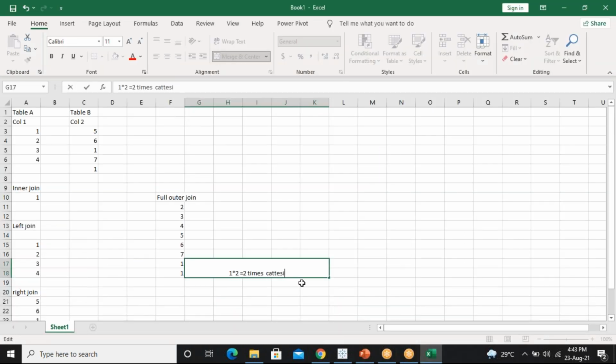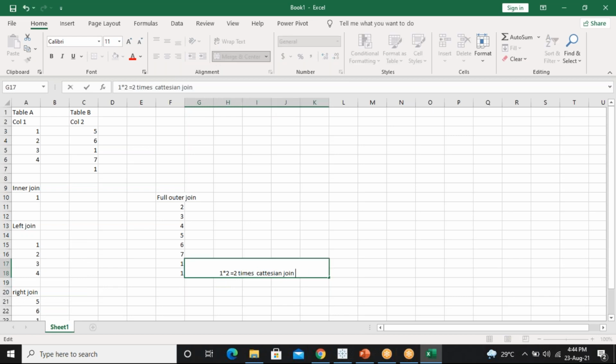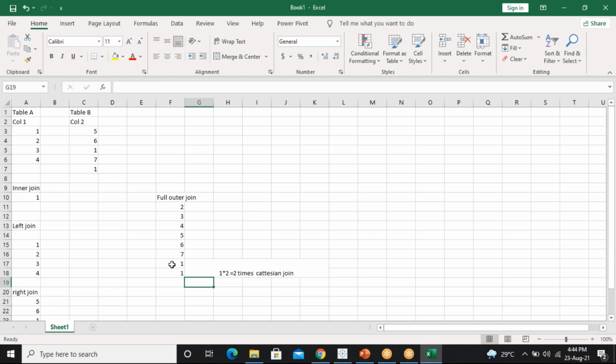Okay. So this is what a Cartesian join is, which comes 2 times. While seeing the data only we can say that when 1 comes 2 times, it can be called 1 into 2.